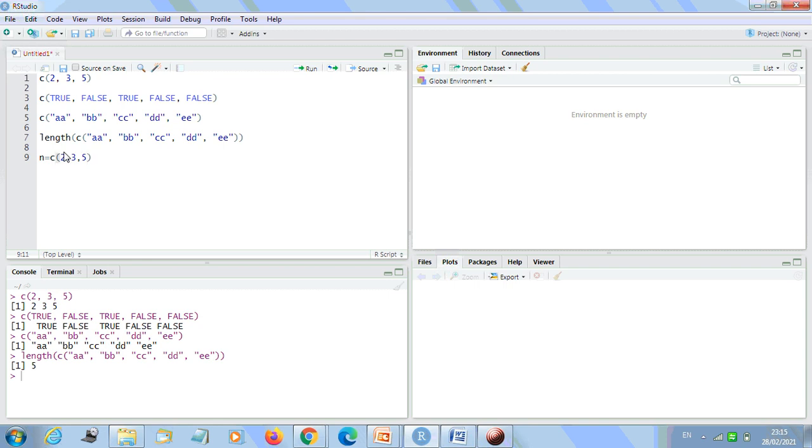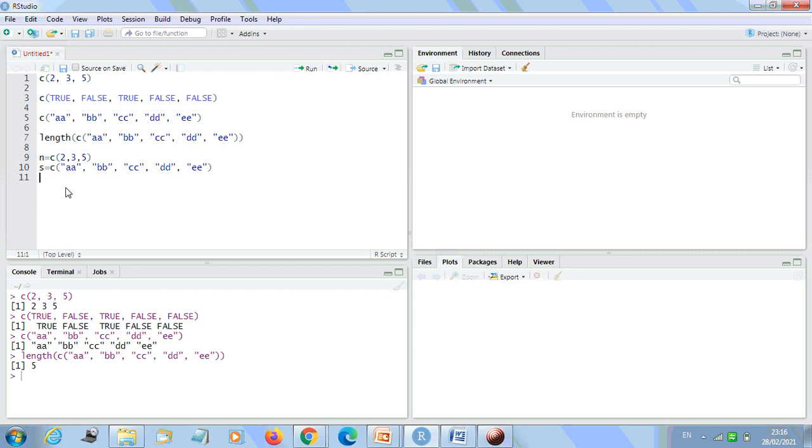And let me make another vector, that is s equal to, you can take it from here itself. So I'll copy this one and paste it. I want to concatenate them by using c itself.